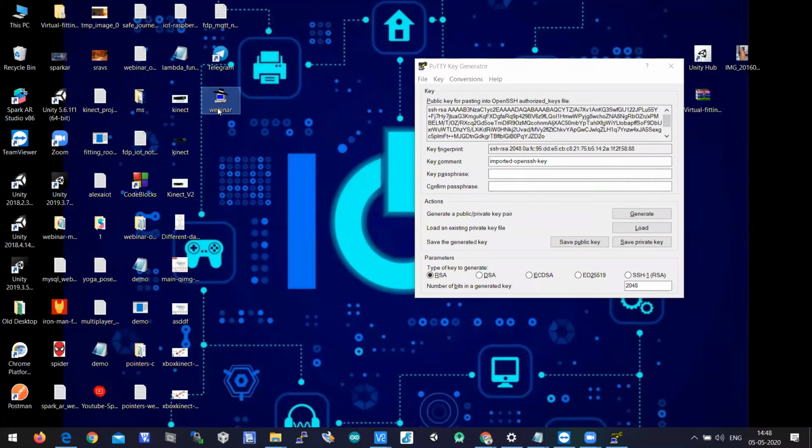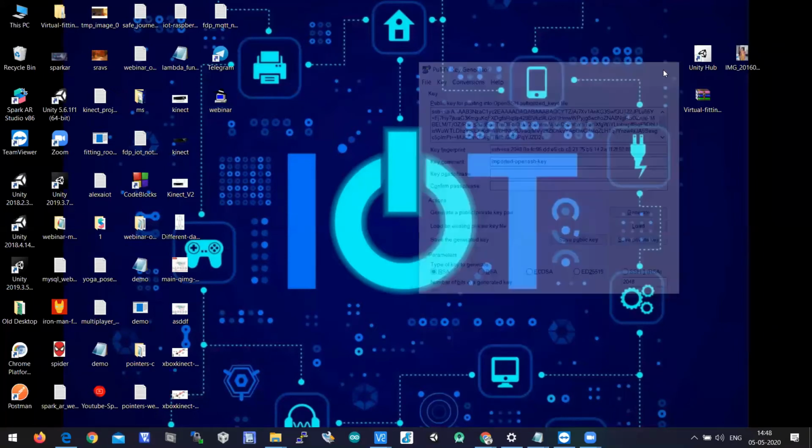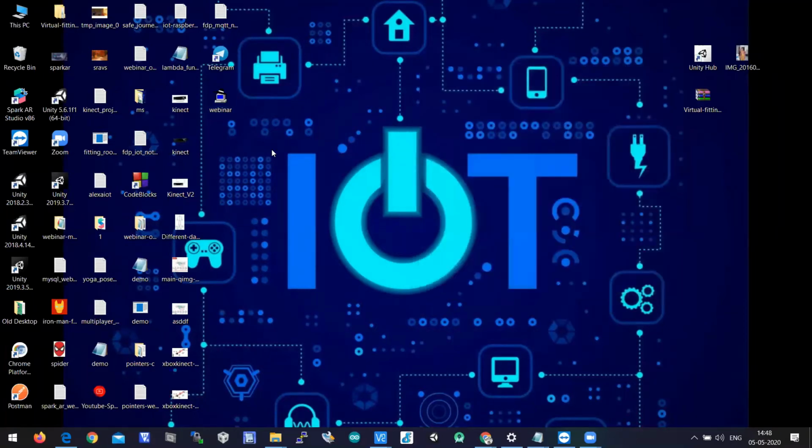After generating this private key file, you can close PuttyGen because the work with PuttyGen is done. The usage of PuttyGen is to generate this private key file from the PEM file. This is the step where you generate a private key file. When you create a new instance, you have to do this process, not every time.